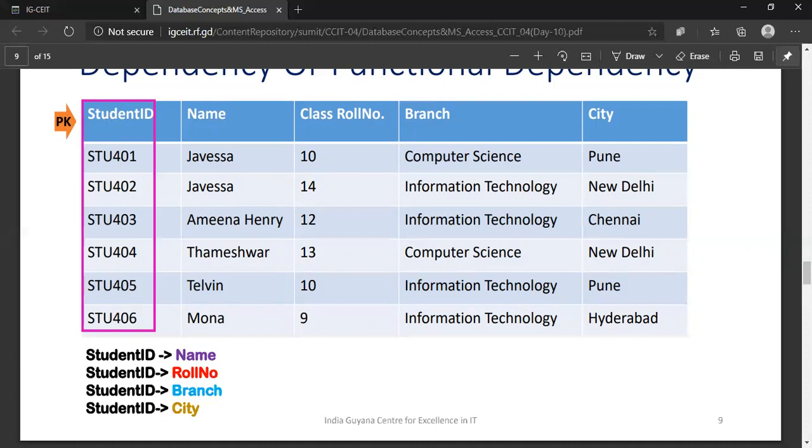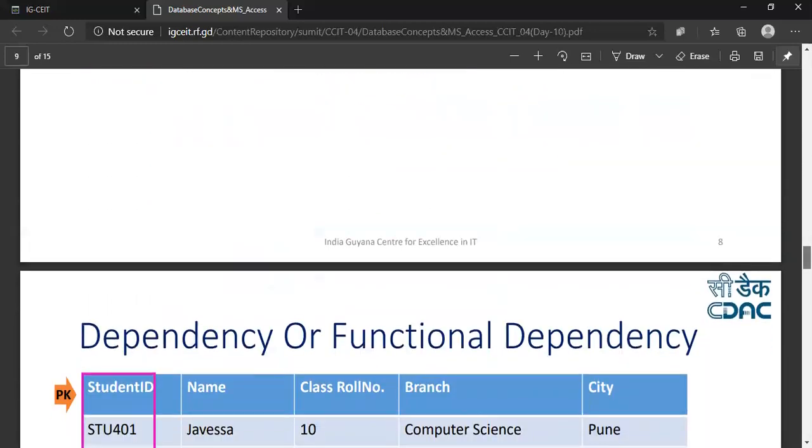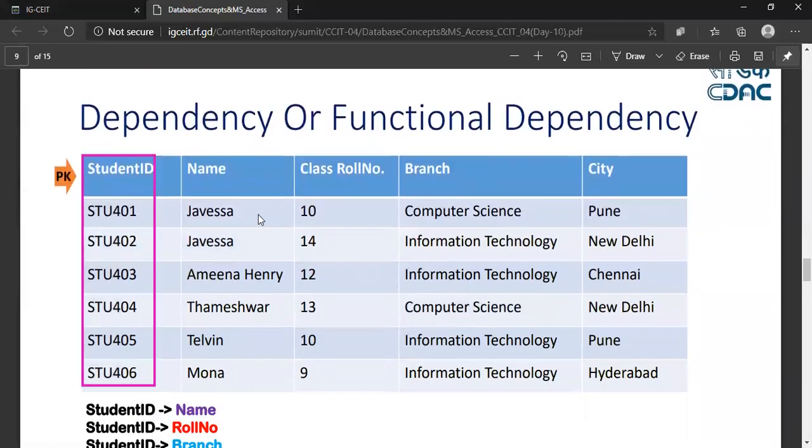that is student ID. So if you see the definition of second normal form, it says no partial dependency. There should be no partial dependency. It means all columns must be dependent on the primary key, and this is correct here. If you see, all the columns are fully dependent on this particular column called student ID.